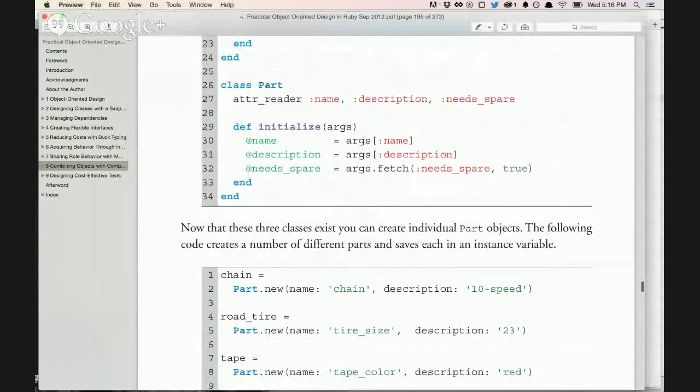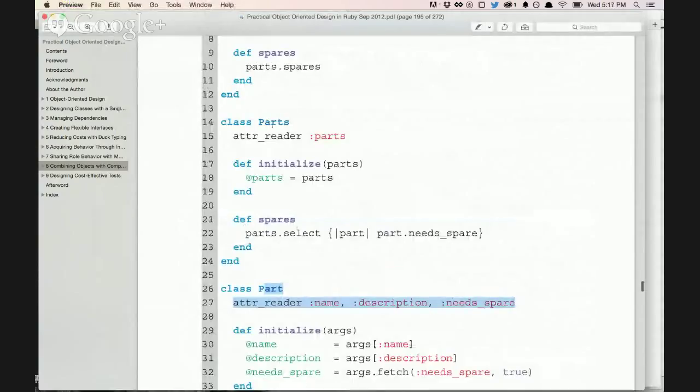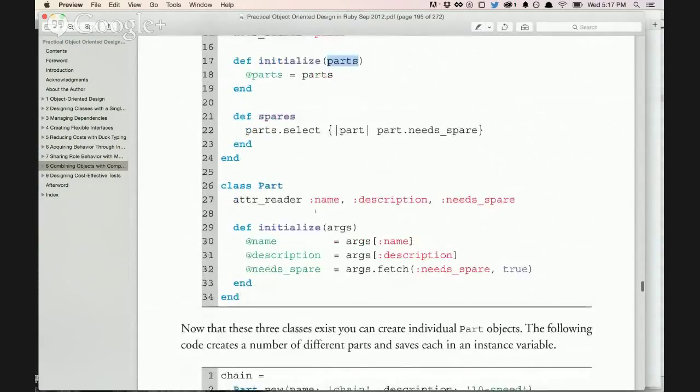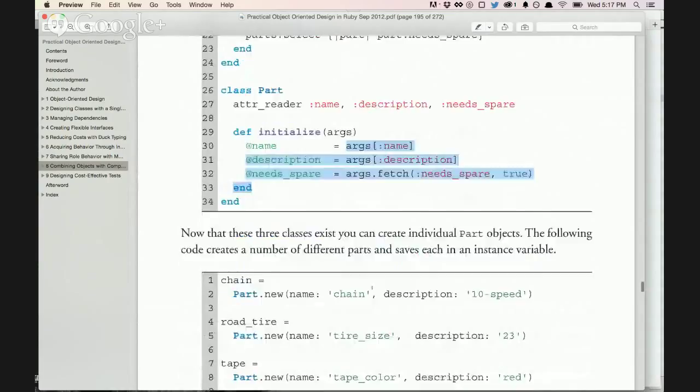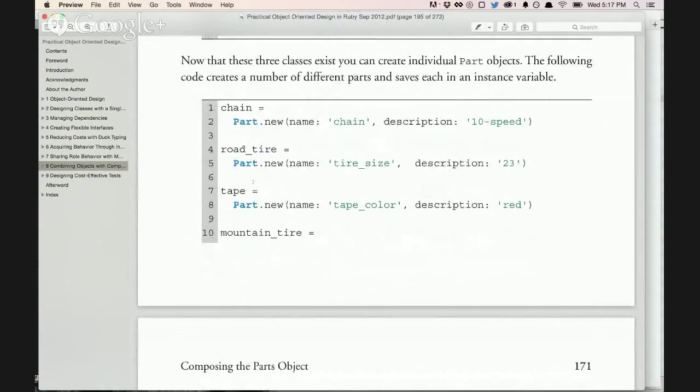So parts don't really know anything about parts plural, but parts plural knows about singular parts because they're actually using parts. And when you initialize the parts as a plural, you'll pass in your parts, I guess, in an array, or actually a hash. So this is the working code right here. So part.new chain. So you got road tire, tape,